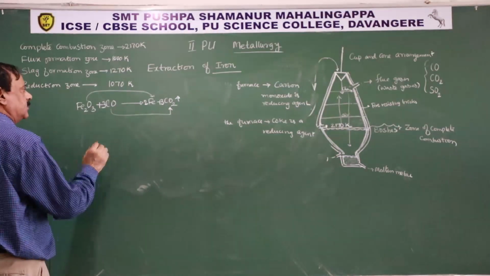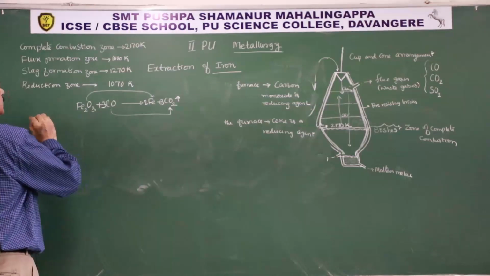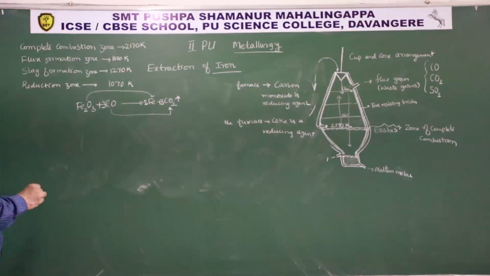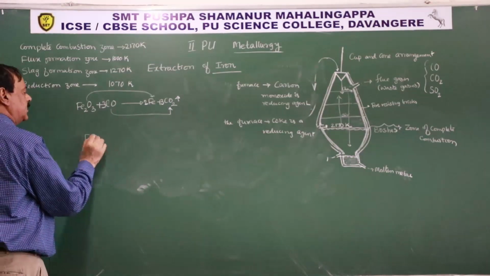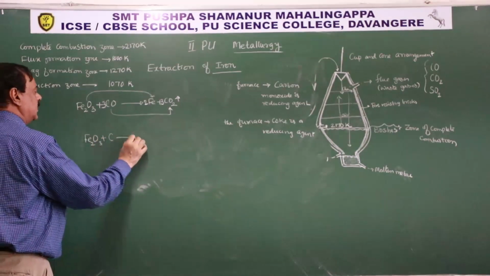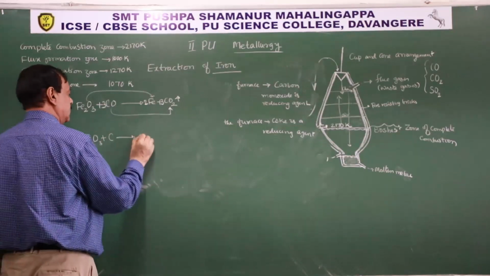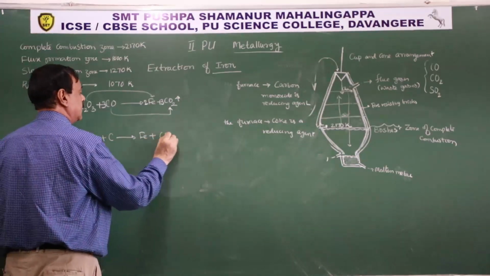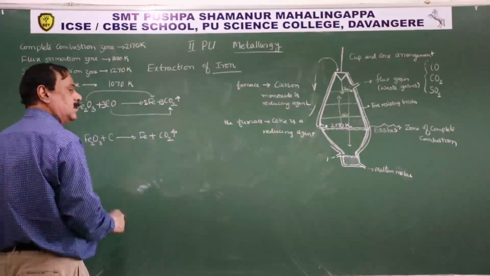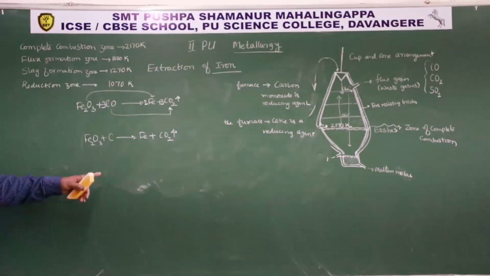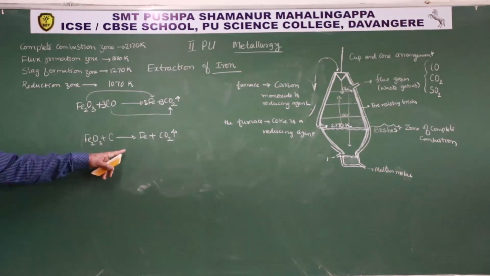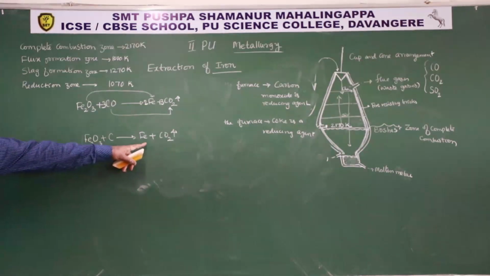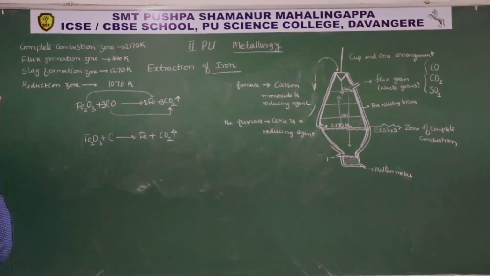Now this is about the reduction zone. But at the higher temperature of the furnace, near the Bosch region, it is directly reduced by means of the coke. This is only in the Bosch region. At the higher temperature of the furnace, ferric oxide is directly reduced by coke, then it gives rise to iron and carbon